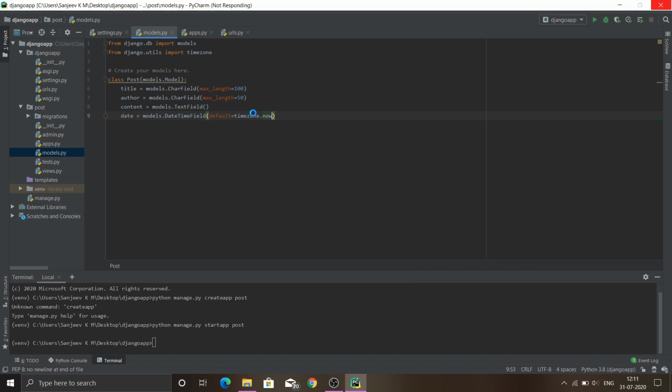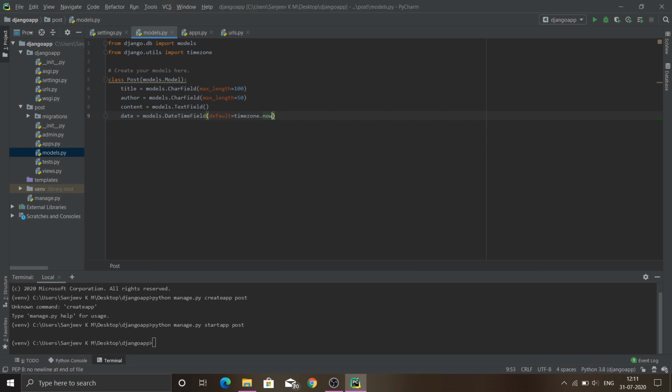So there's another column that we need to provide actually, that's called an ID or PK column, to give a specific identity to each data. As you can see, two posts can contain the same title, and two authors can also have the same name, and content may also be the same and date may also be the same.